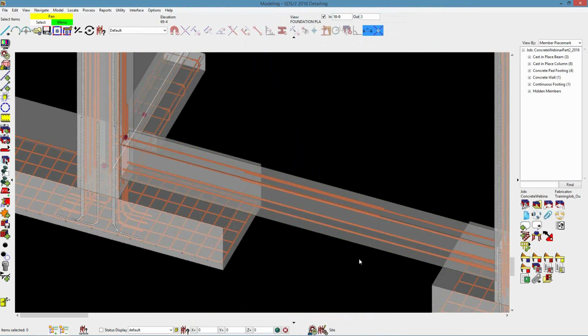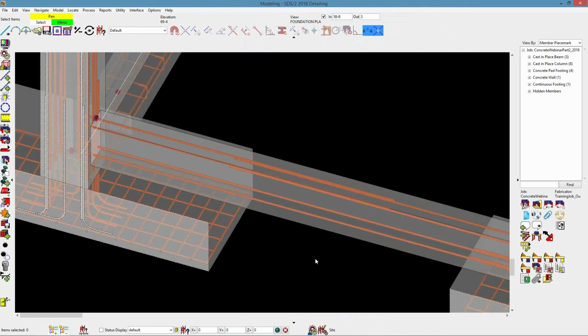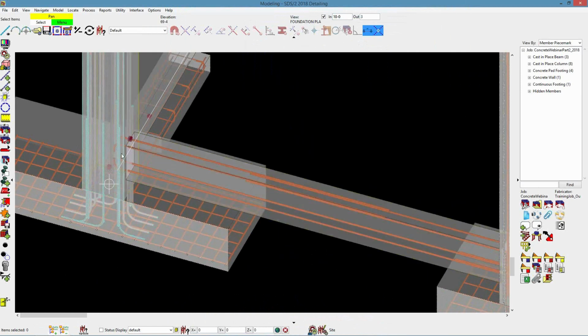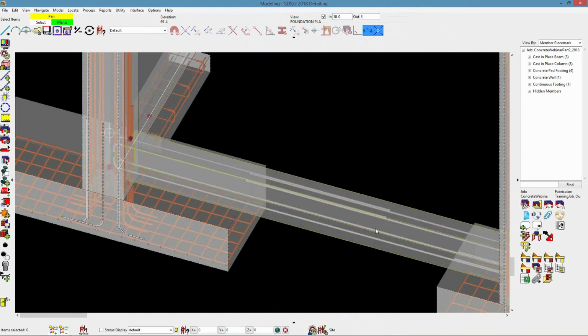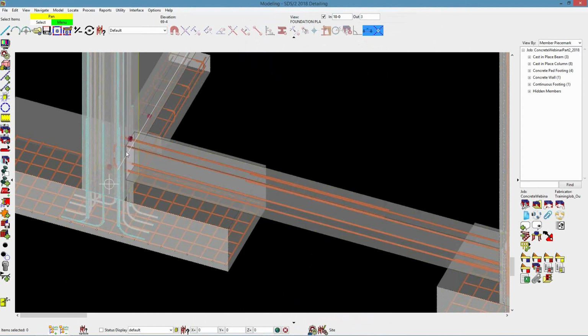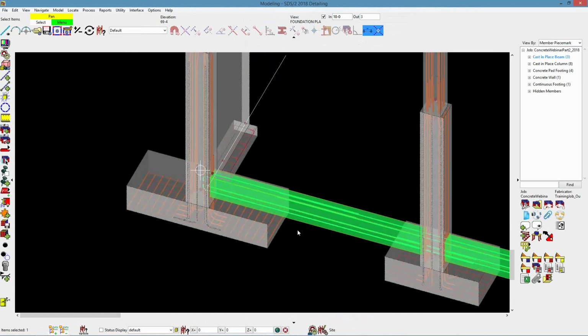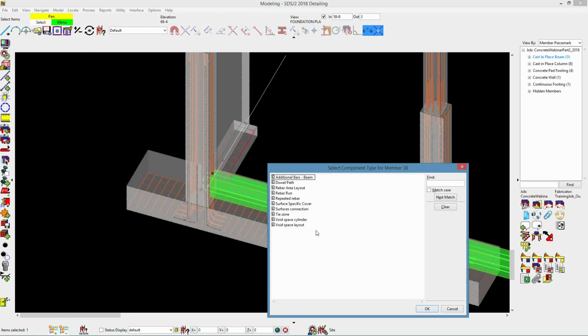the options here is we have a component called additional bars beam component that we can add to be able to add in extra reinforcements around either the bottom here of the cast in place beam or for the bottom bars and top bars here around where the support is at. So if I go ahead and select my cast in place beam here, go ahead and run